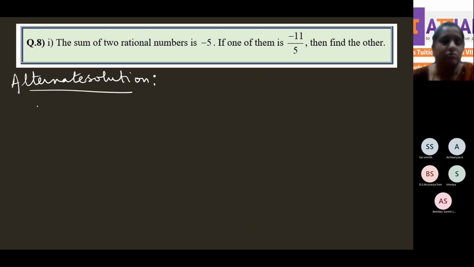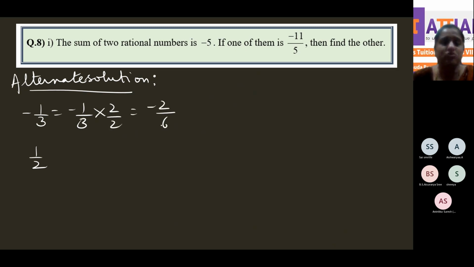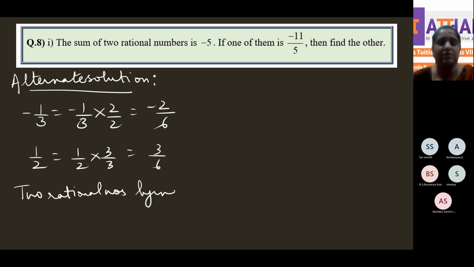Okay. Now -1/3 and 1/2. For -1/3, the LCM is 6. So this will be -1/3 into 2/2, which is -2/6. And this is 1/2 into 3/3, so that's 3/6. So two rational numbers lying between